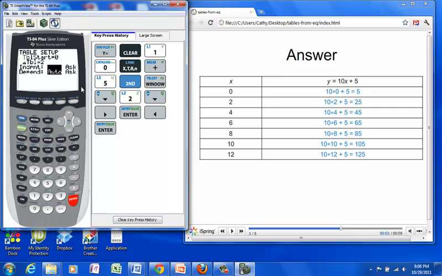Alright, so now my table setup is exactly the way I want it to be, and I want to get to this table button. Again, table is in blue, so I'll hit second, and then the graph button to get to the table. This gives me my x values, 0, 2, 4, 6, 8, 10, 12, and this gives me my y values, 5, 25, 45, 65, 85, 105 and 125, which exactly matches my table,